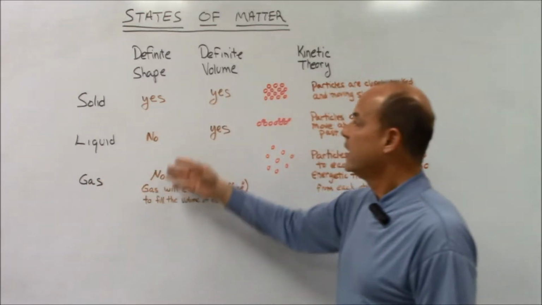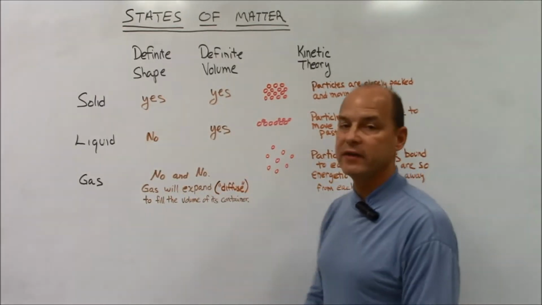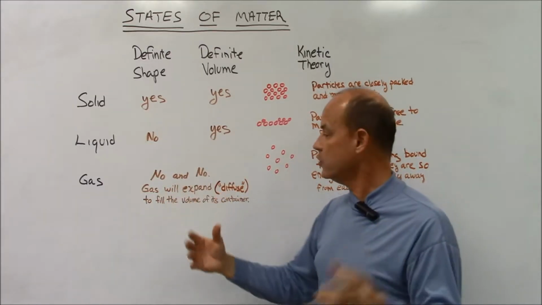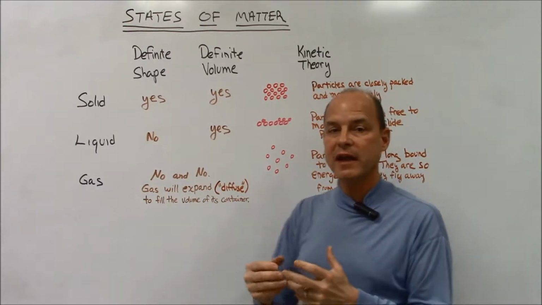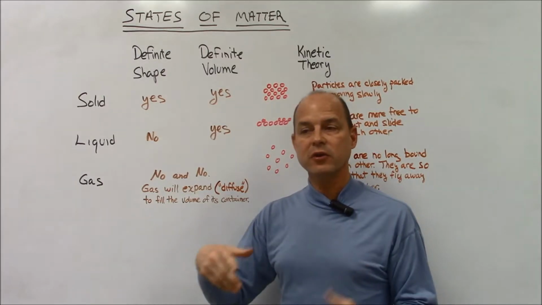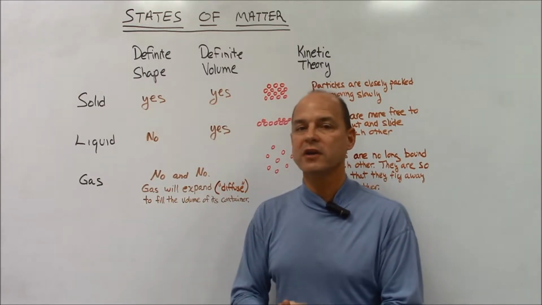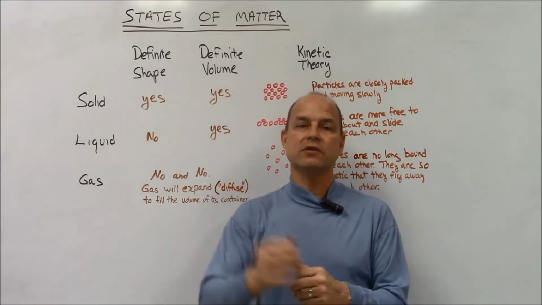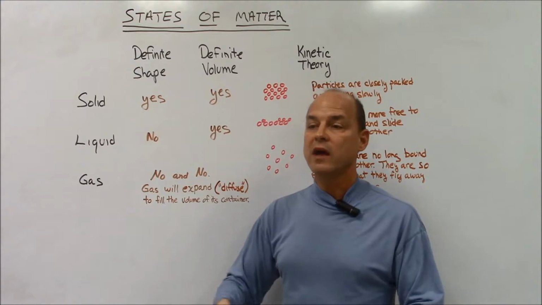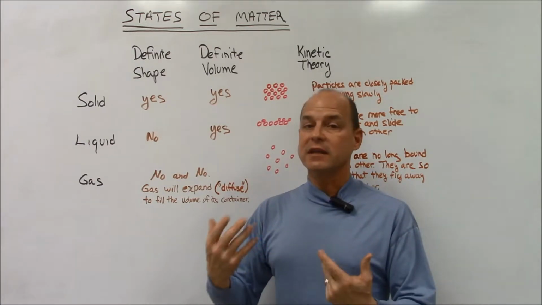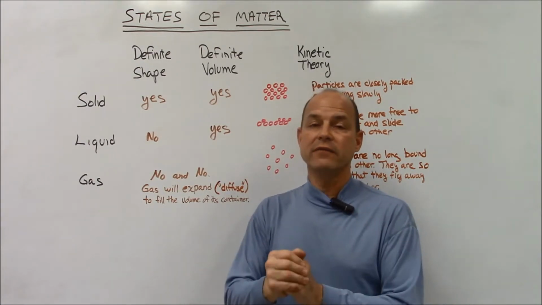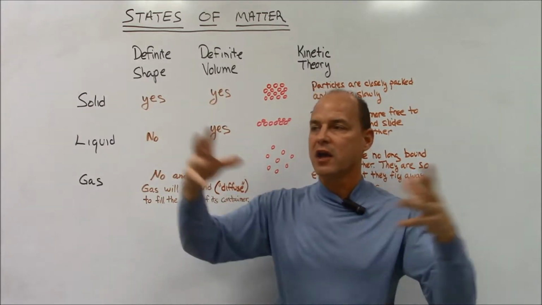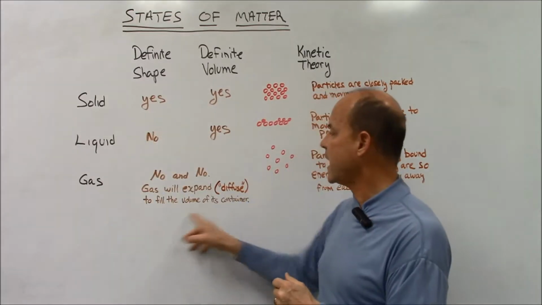Now, gases, they don't have a definite shape and they don't have a definite volume. Gases will expand, they will diffuse in a room to fill the volume of the container. So I like to talk about when kids come into the room and I just have replaced my air freshener, they smell the air freshener when they first come in the room, even though the air freshener is right around the corner. Now, how does that happen? Well, the gas, the aroma that's coming out of the air freshener fills the entire room. The little smelly particles, whatever they are, they get in every corner of the room because the gas fills.